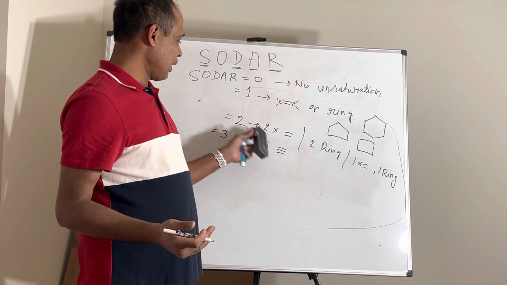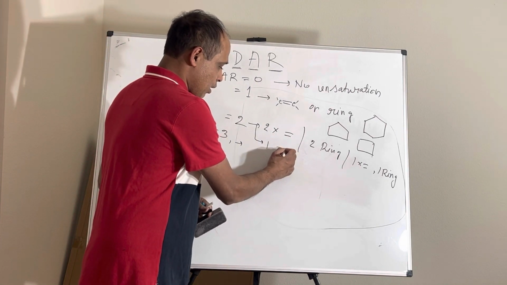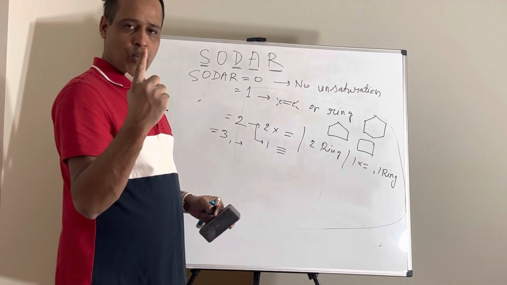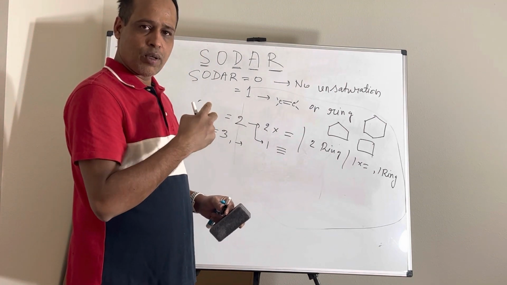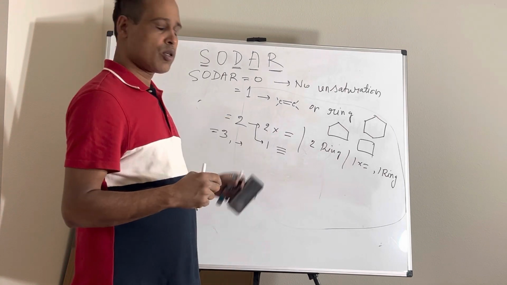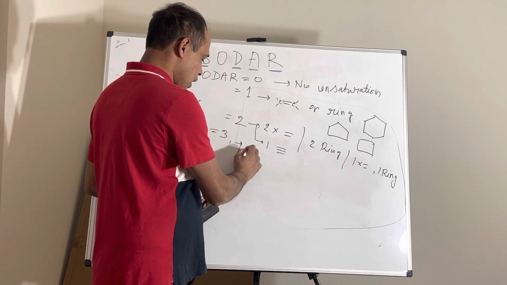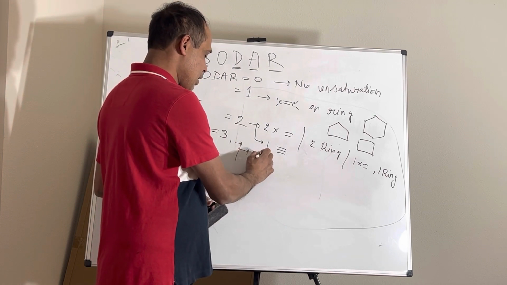If you have 1 alkyne, you can get the SODAR number 2, because for one double bond, SODAR is 1. Since it is a triple bond, it is equivalent to another double bond, so you will get SODAR number 2 for 1 alkyne. So if you have 3, then you can say 3 double bonds,